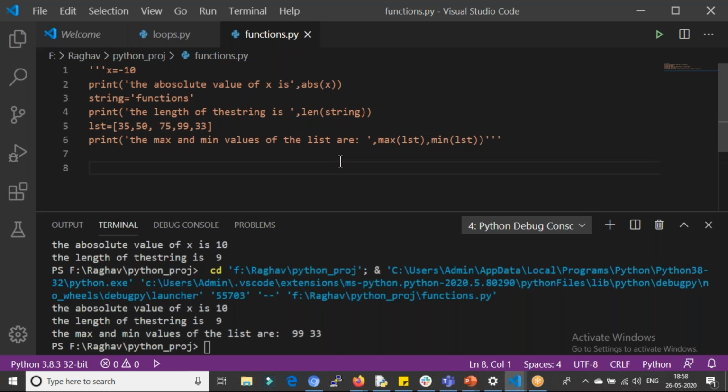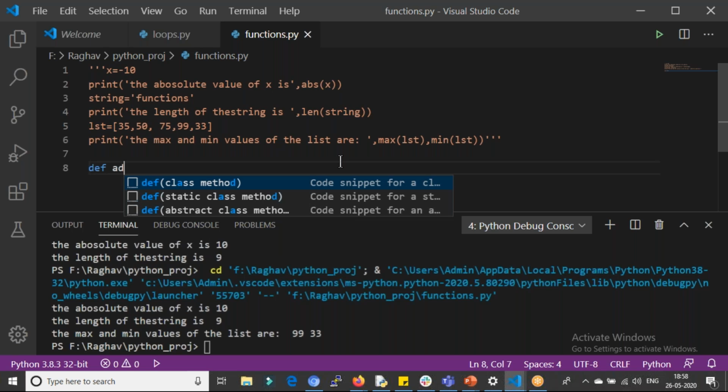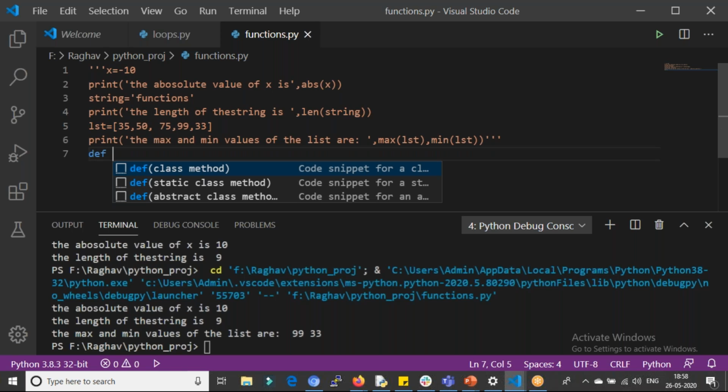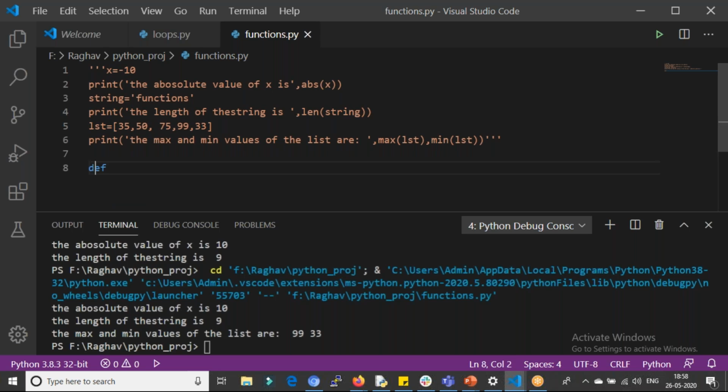So I just want to make a simple function that will add 2 numbers. Okay, I want to define a function to add 2 numbers. Add. Okay, before going into this, let's take another simpler function. I just want to print hello or greet the people. So whenever I run this program, I want to greet the people. So I'll say greet.